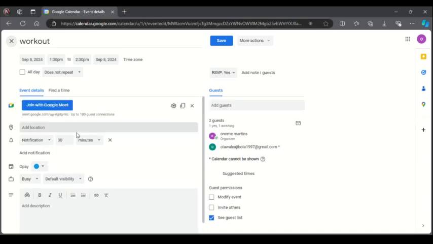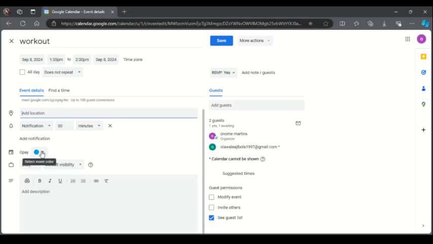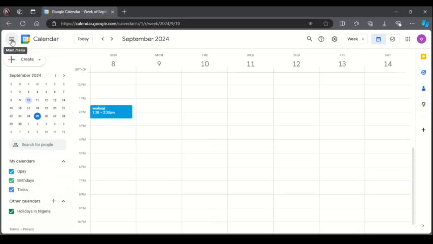stuff you want your calendar, your events, it's all about. Like you can easily add locations. Once you add locations of where your event is taking place, you can easily change the event color on your calendar. You can also add an attachment to your description. Also, you can decide to remove or add more guests to your event. After that, then just click on save, and